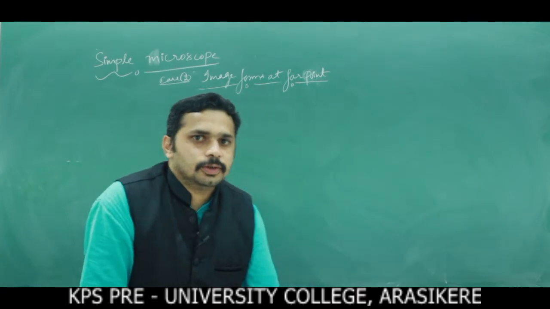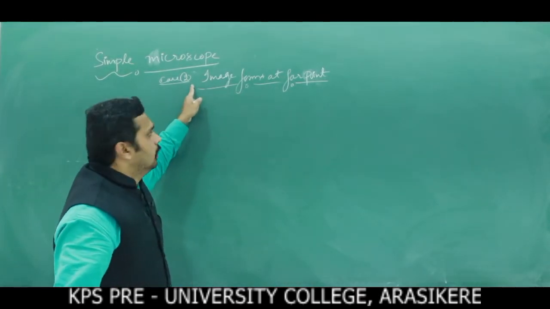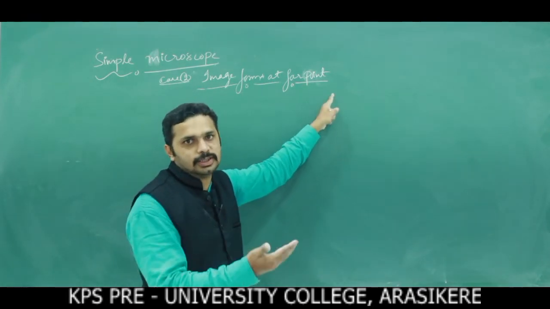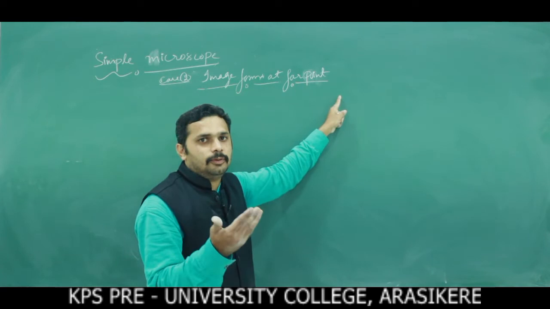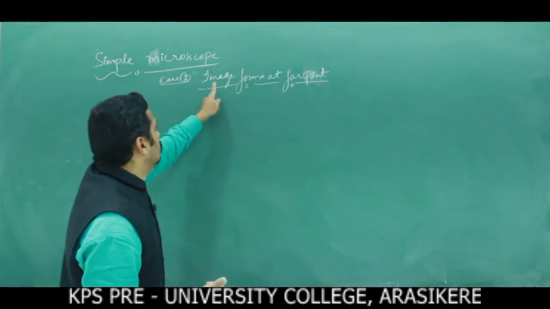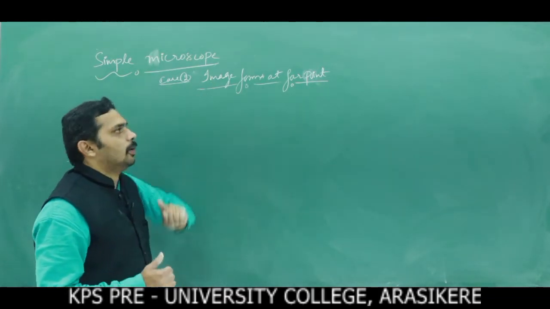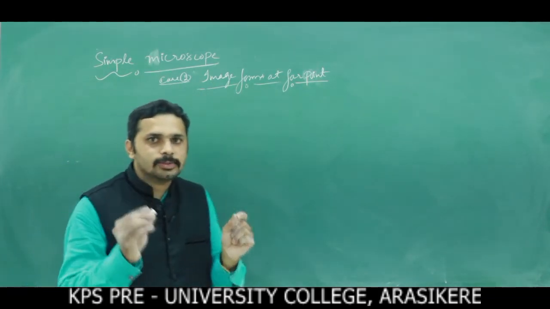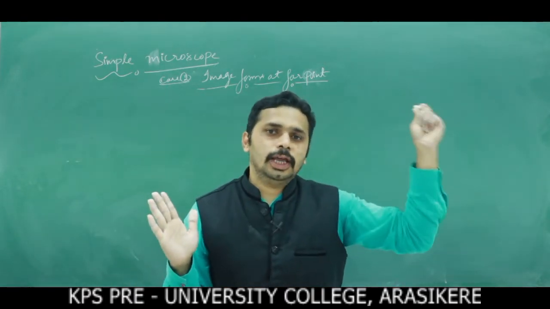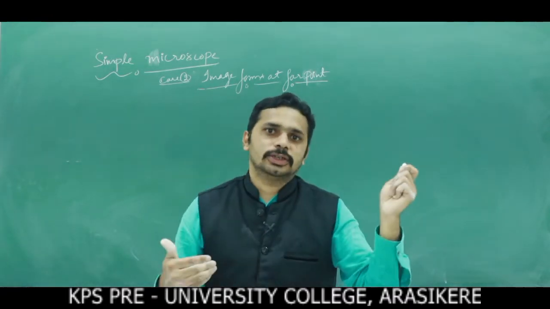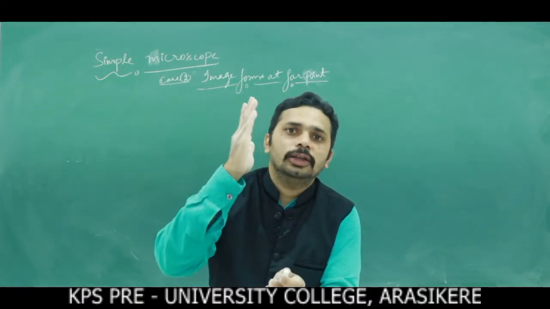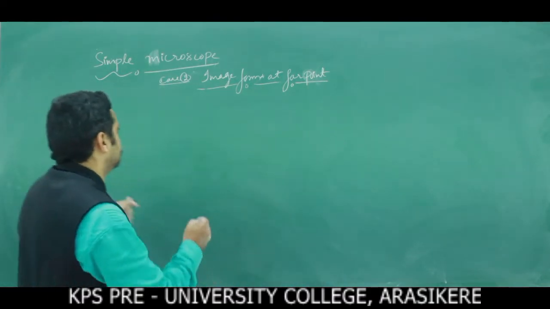So dear students, we are going to discuss case 2. The image forms at far point. Far point means infinity. We discussed the near point, where the formula for magnification is M equals 1 plus D by F. Now draw the ray diagram for the image forming at far point. When the image forms at far point, you have to place the object at focus. For near point, the object is within the focus, but for far point, the object is at focus.